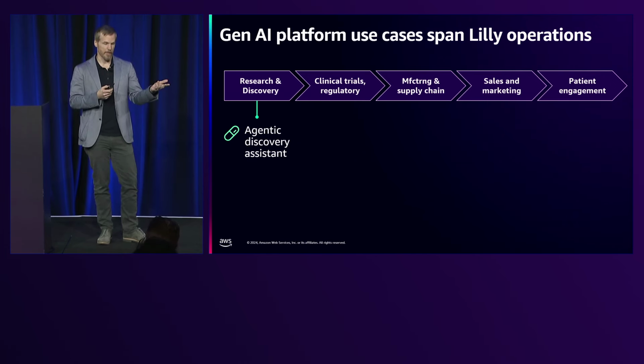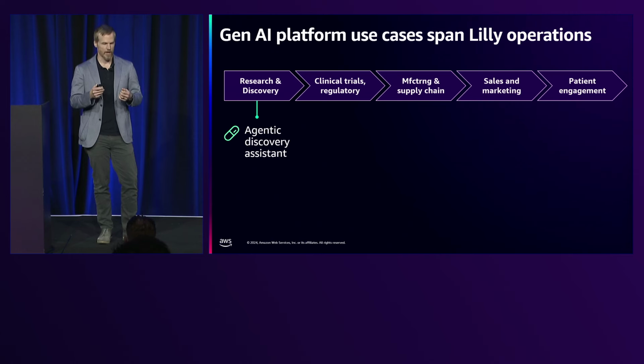Just some examples. Probably my favorite one is this agentic discovery assistant. So there is a cheminformatics agent. It has access to about 20 different tools. Some of those are cheminformatics tools. Some of them are internal databases with Lilly molecule information. They're external databases. And we have an LLM that's answering questions or executing user prompt workflows and choosing which of those tools to use. And it allows these very powerful workflows to be executed that can aid our scientists in